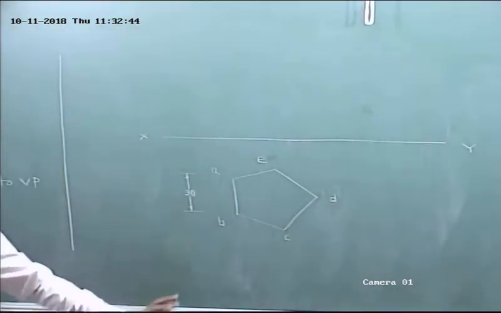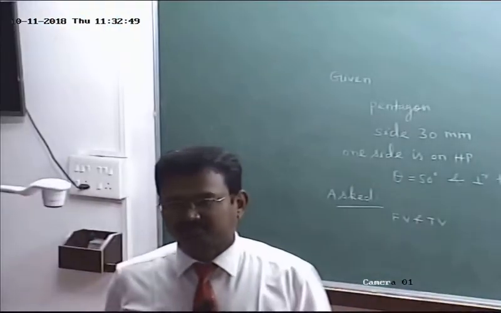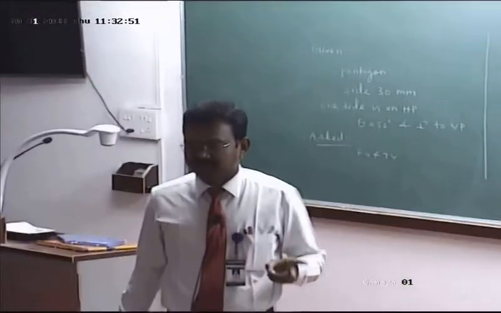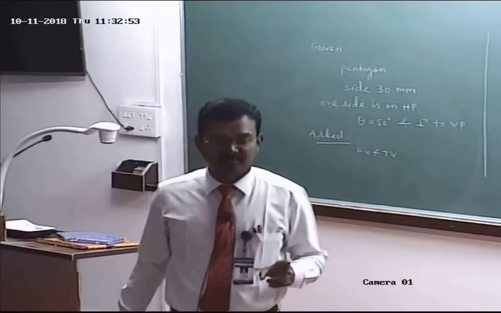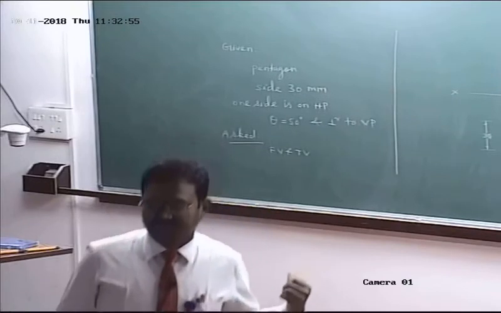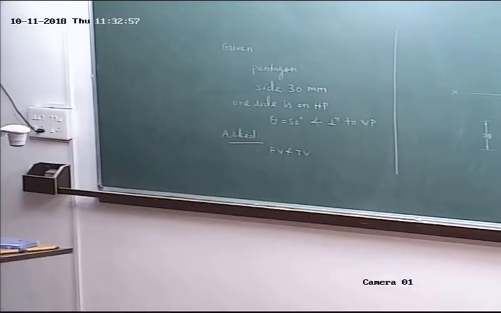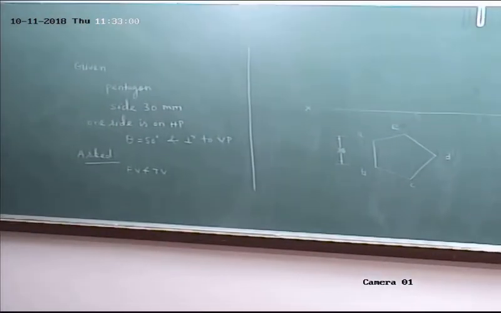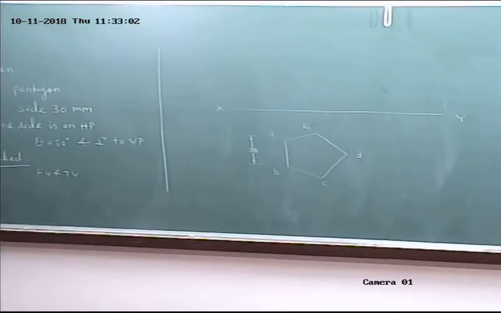So the first step, top view, should be drawn lightly. The actual projections, actual front view and top view, will be obtained only in the second step. The second step, front view and top view, should be darkened. The first step, top view and front view, should be drawn lightly. So the top view has been drawn as per our assumption.